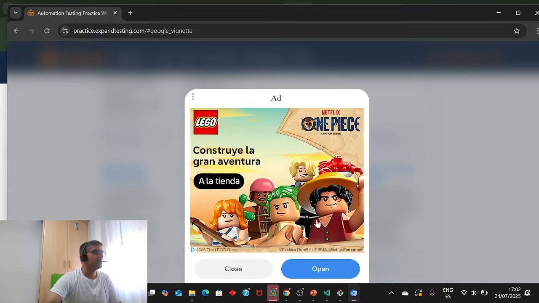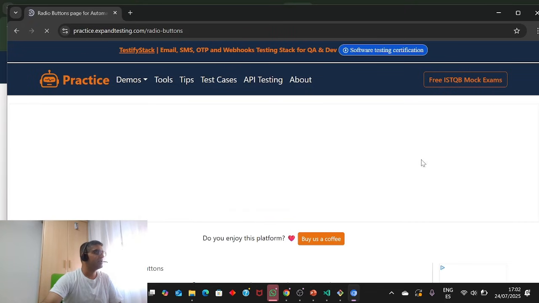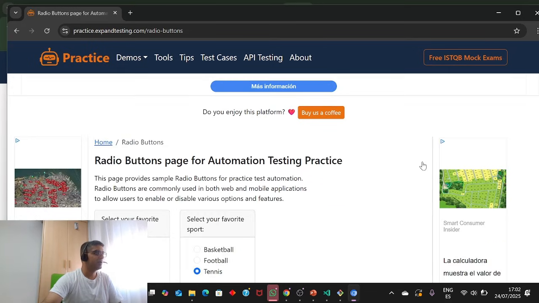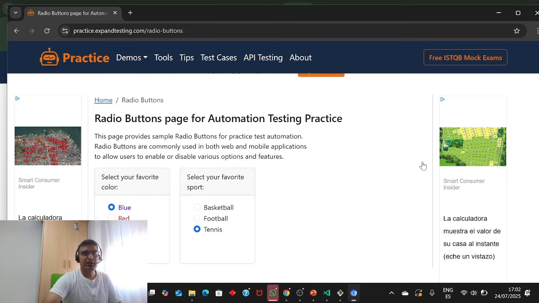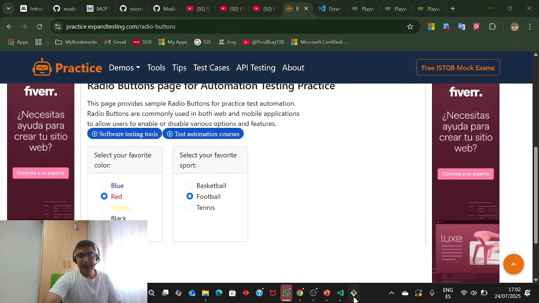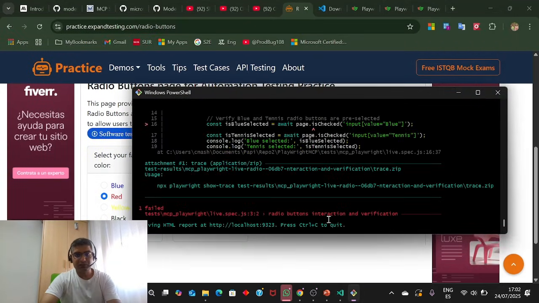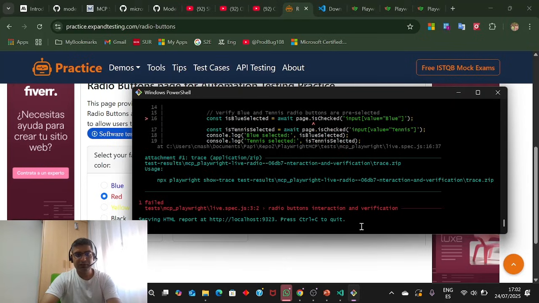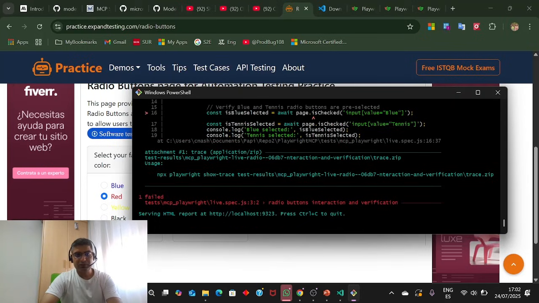Okay, it already started. I think this ad pop-up is coming in between. I think this is creating some kind of nonsense. Earlier this was not coming and now it is coming. I think that's why our script is failing. Okay, let me close these pop-ups, which are creating the problem, I think. Okay, let me close.